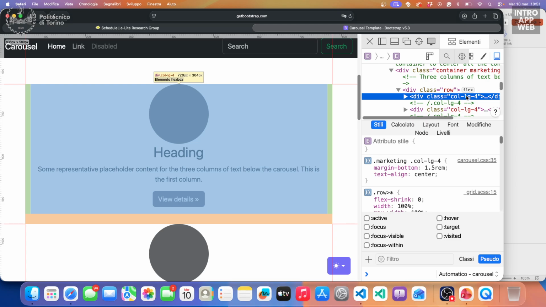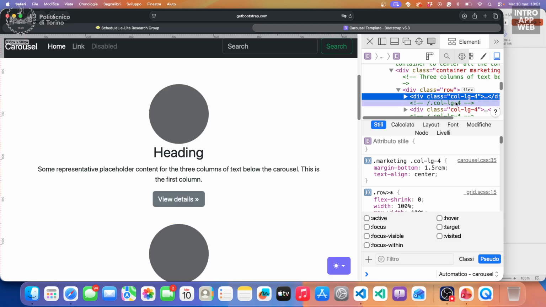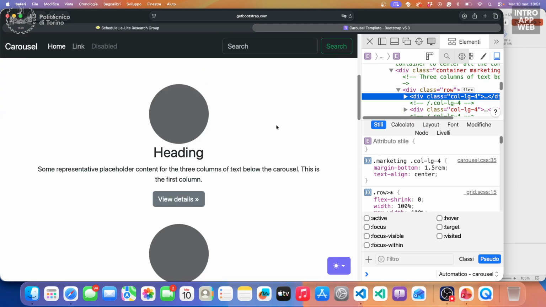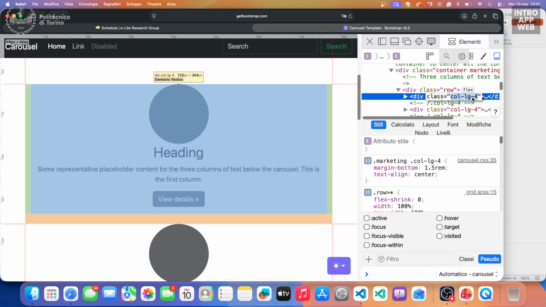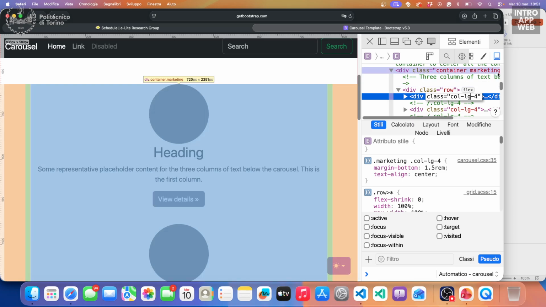All of them occupy 4 columns when they are in a large display, and when they are not in a large display, then they occupy all of the space. So just by setting this class on a specific component, let's say for instance,